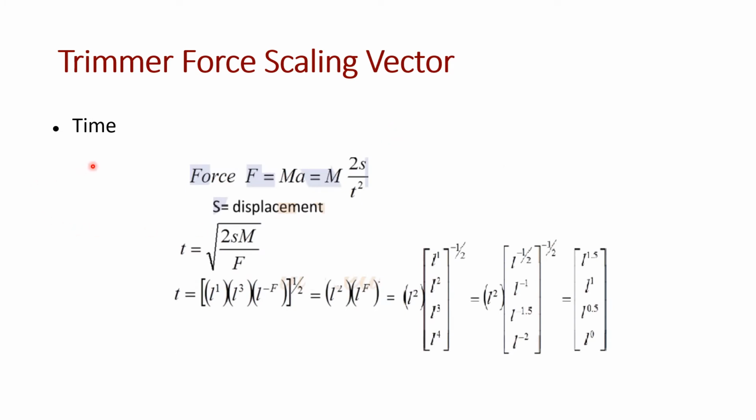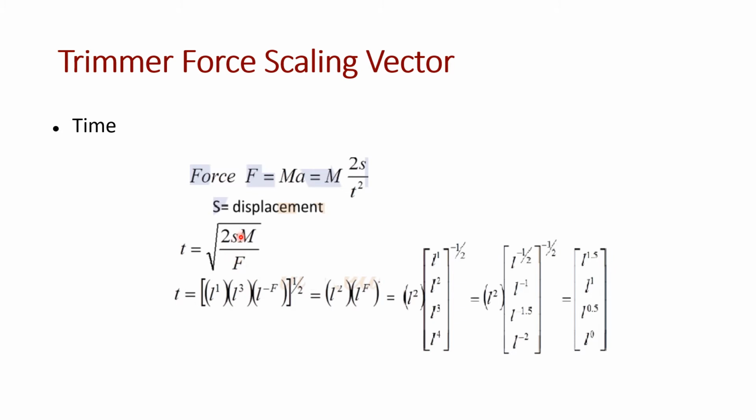In a similar way, time also can be represented using the force scaling vector. We know that force F is equal to m into a. Acceleration can be substituted as 2s by t square. Now, s is the displacement. From here, the time t can be written as root of 2s into m by F. Now, we will